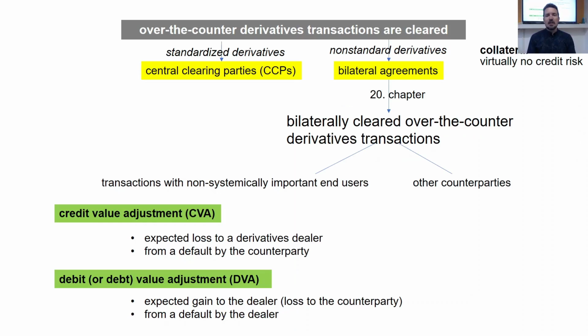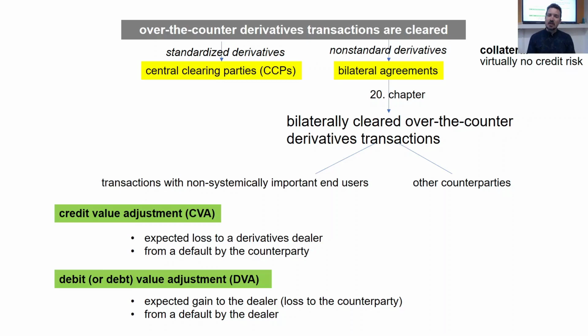And practically it says that if we have bilateral agreements, and nowadays since 2008 this is only available and allowed in case of non-standard derivatives. So if there are standardized derivatives, it must be traded through central clearing parties and not dealt with as bilateral agreements. But if we have some kind of collateral, practically we can eliminate the credit risk. Or maybe not, but how can we deal with this one?